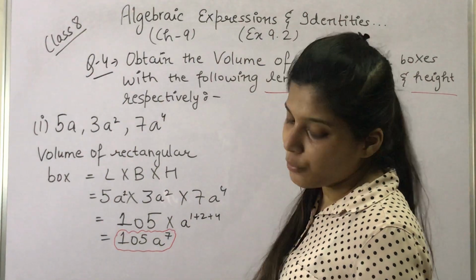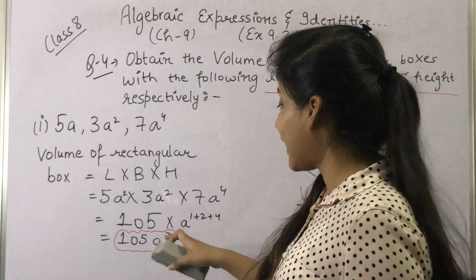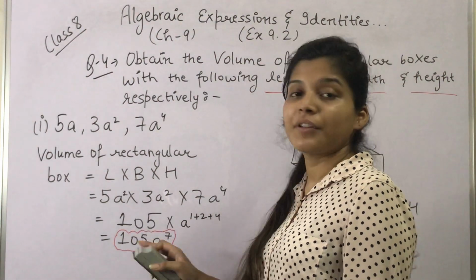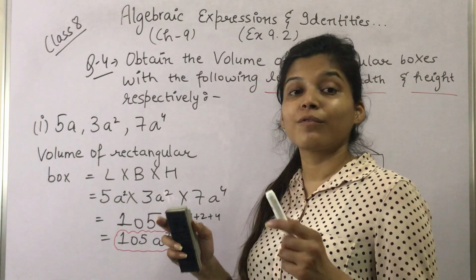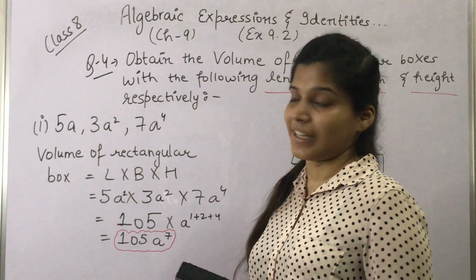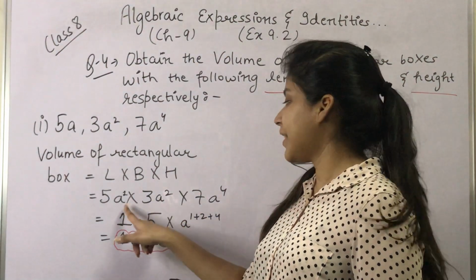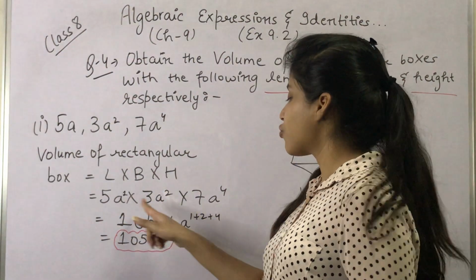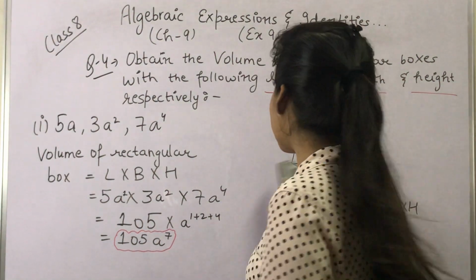So you see how we multiplied the variables. मैंने आपको पहले भी बताया था that variable अगर same है तो it means like terms है and हमें उनको multiply करना है तो हमें वो उसके पार को add करना है. So यहाँ पे 4 है, here we have 2 and here we have 1. So 4 plus 2 plus 1 will give us 7. So a to the power 7 is the answer.